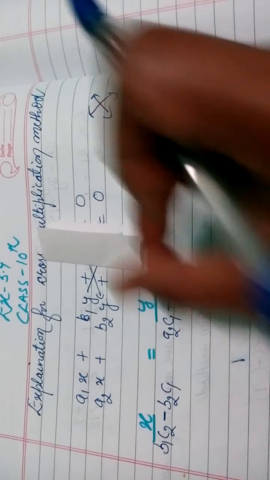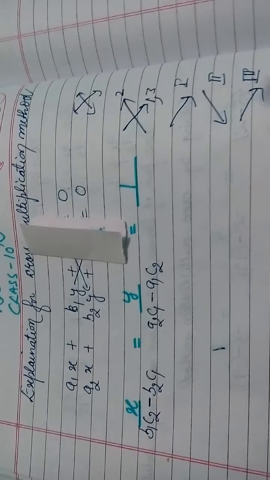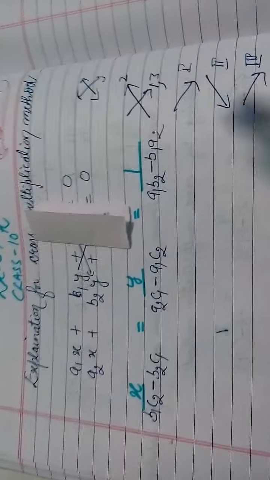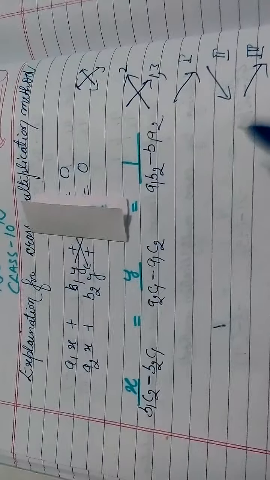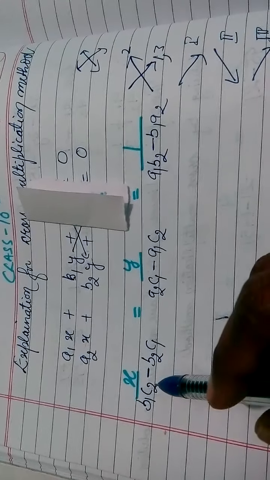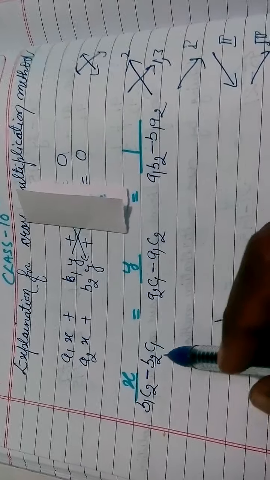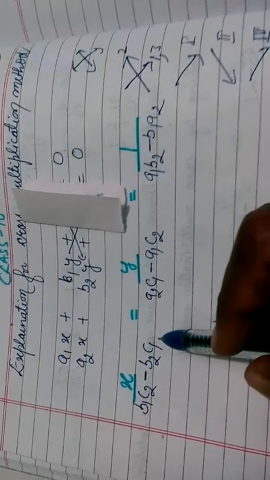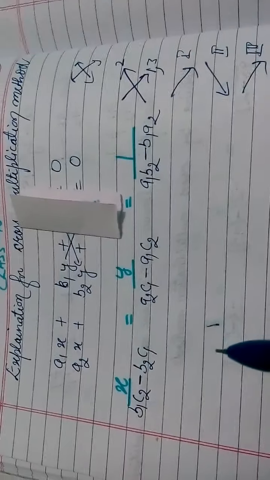For the constant term, forget the constant term, and again use this way. So a1 into b2 minus b1 into a2. If you follow the order properly, you will get the second term easily, because the second term is nothing but the reverse of this. If you got b1 into c2 in the first term, then in the second term you subtract b2 into c1. This is another way to remember it.